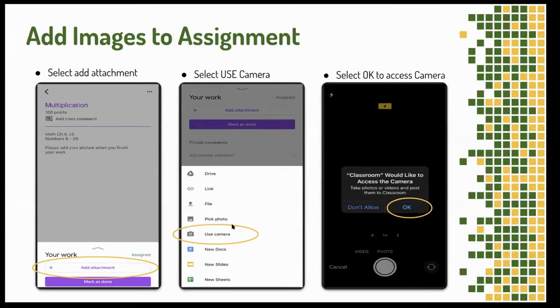But the one that we're having a lot of questions about is, how can a parent or a student use a cell phone to add a picture? So we're going to say use camera. And then the next thing that they're going to select is to gain access to the camera. This new Google app is asking, can they allow access to camera? So you're going to want to say okay, because that's going to let you take pictures from your class, from your home, or from anything on your device, and insert those images into your Google Classroom assignment. So once you say okay,